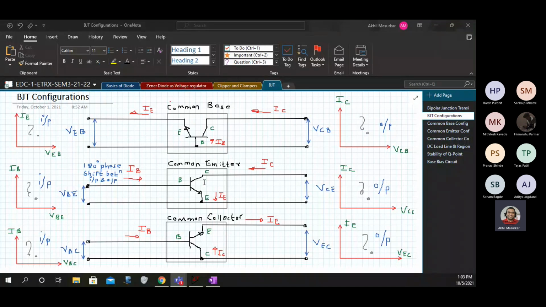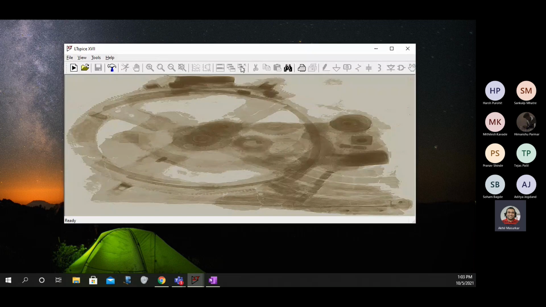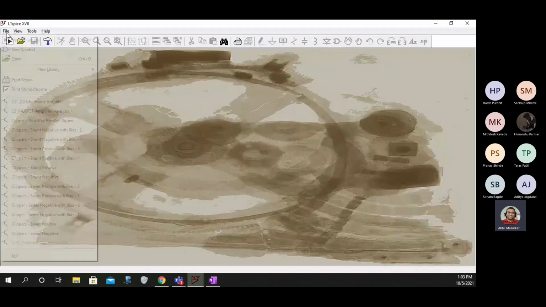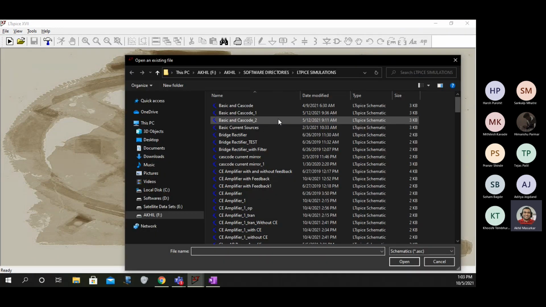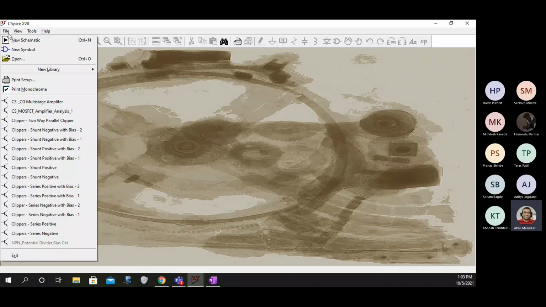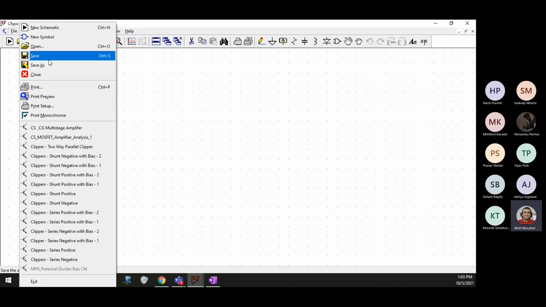I am just minimizing this for now, and let me start with my LT Spice. Everybody will start with their LT Spice like this. First of all, you open a new schematic, and then you save this schematic somewhere.